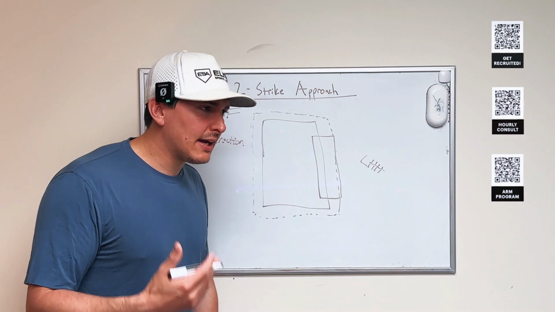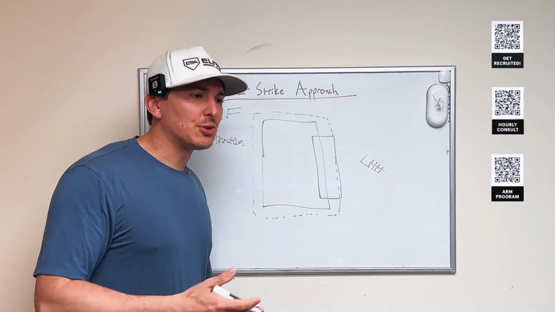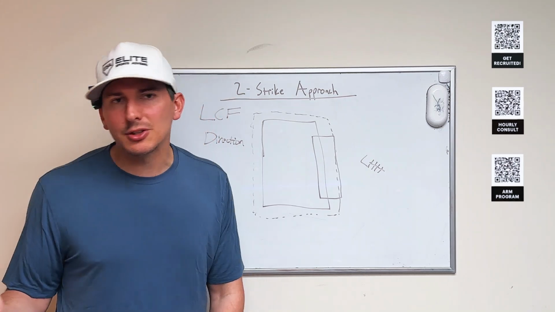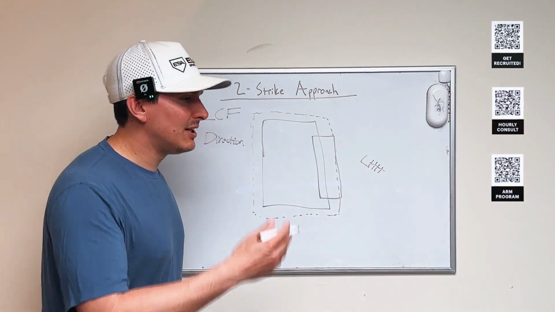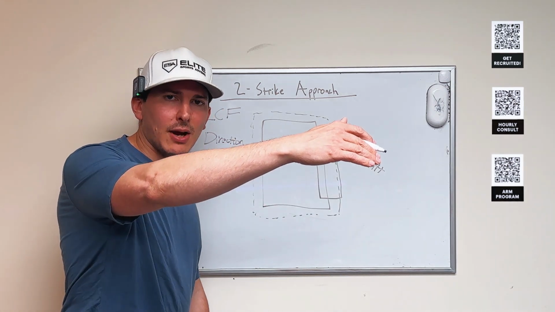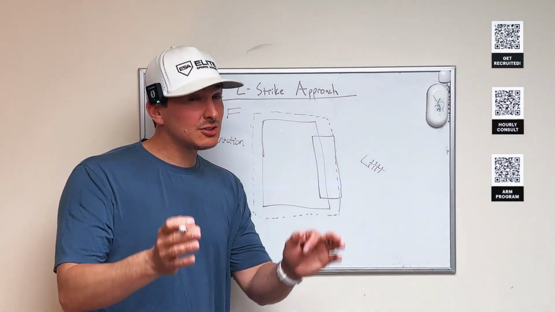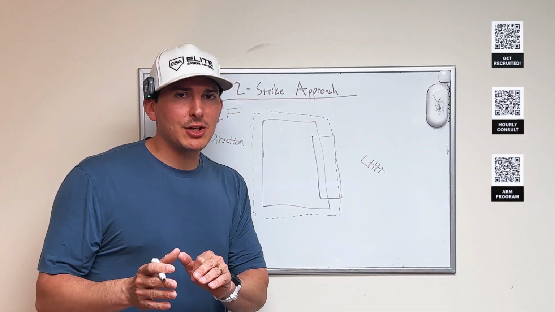What I see with a lot of guys is with 2 strikes, they try to speed up their bat to fight off pitches, and they're just pull side direction, and they ultimately just end up swinging and missing, and striking out. So with 2 strikes, we need to be thinking opposite gap direction, left-handed hitter, left center field gap direction, expanding the zone a little bit, because especially in a big situation,